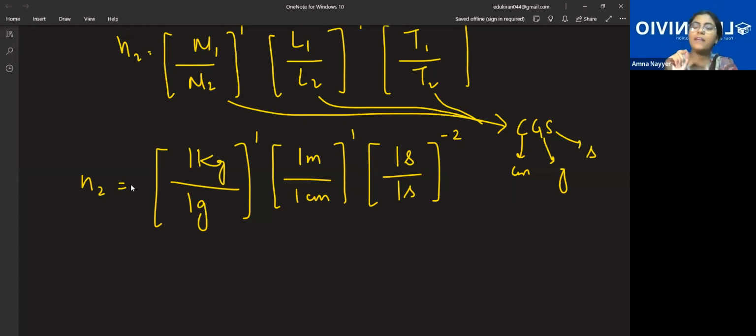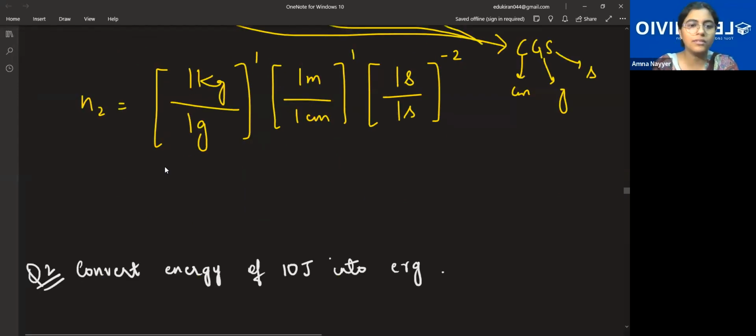So when you have these values with you, masses are given, lengths are given, time is given, and we have to convert units. That's why we are intentionally bringing units here. Clear? Because we are converting one unit into another unit. Before this, we were always using the dimensions. Right now, we are bringing in the units. Now see